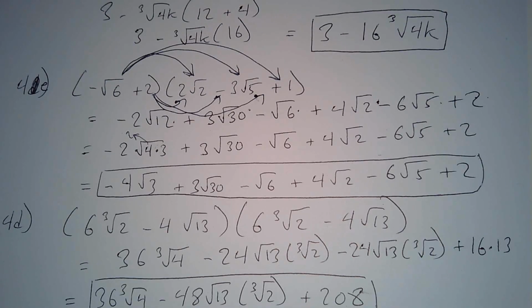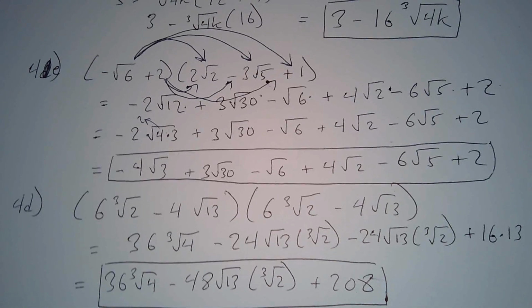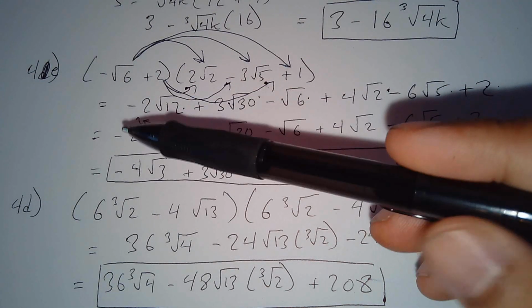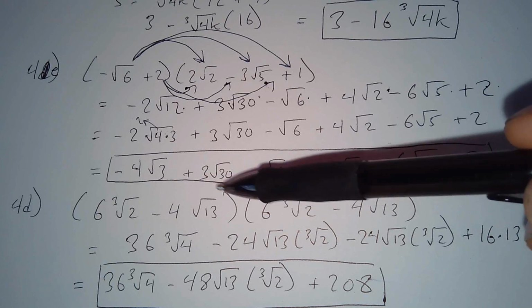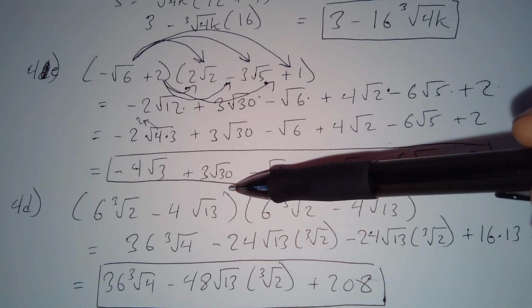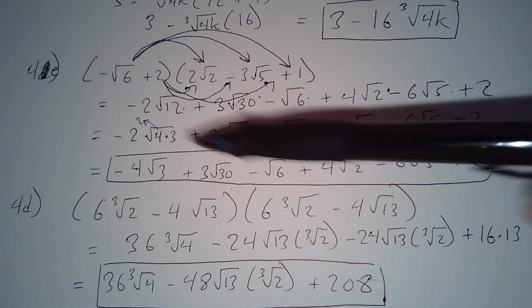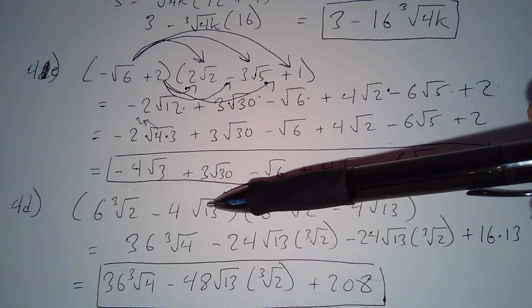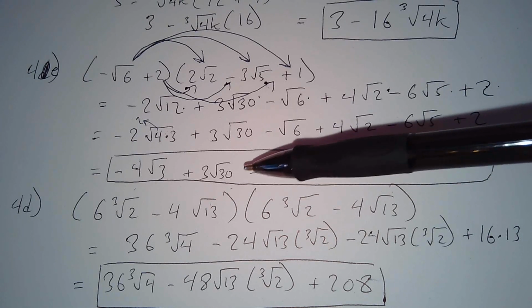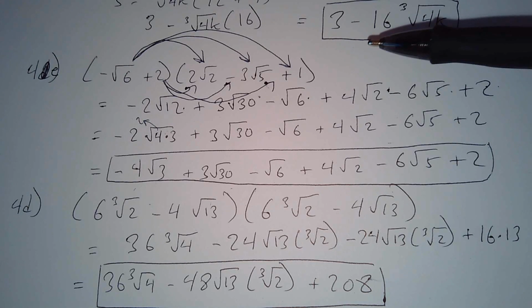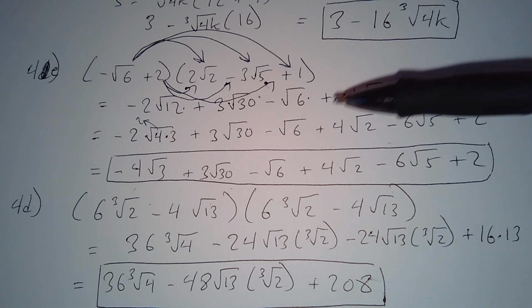Okay, 4D, this was an interesting question. What you have here, I think the question was just one bracket squared, so if it's squared, that means you're multiplying it by itself. Now the thing is, you've got a cube root and a square root. So remember what we talked about is when you're multiplying roots, you multiply what's on the inside. That's only if they're the same. So in this case here, you cannot,